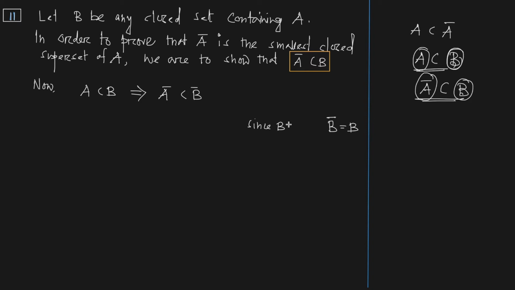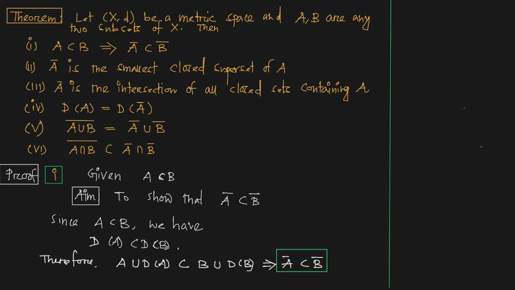Since B is closed, so B bar is equal to B, so this implies A bar is a subset of B, কেন যেহেতু B টা closed set, okay, so A bar is a subset of B, so আমার target টা তাই ছিল A bar is a subset of B, hence the result follows, okay।